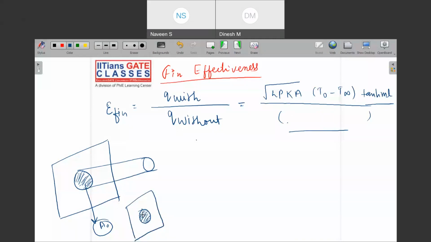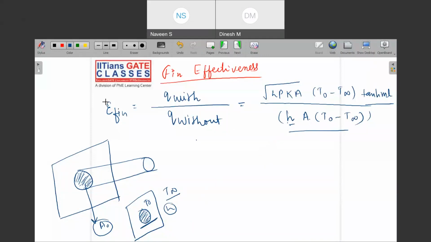This temperature is T naught, atmosphere is T infinity, the area is A, I know. So can I write down this is H into A? H I know, the atmospheric convective heat transfer coefficient is not going to change, right? So H is already there, A we know, and then what is the difference? T naught minus T infinity.